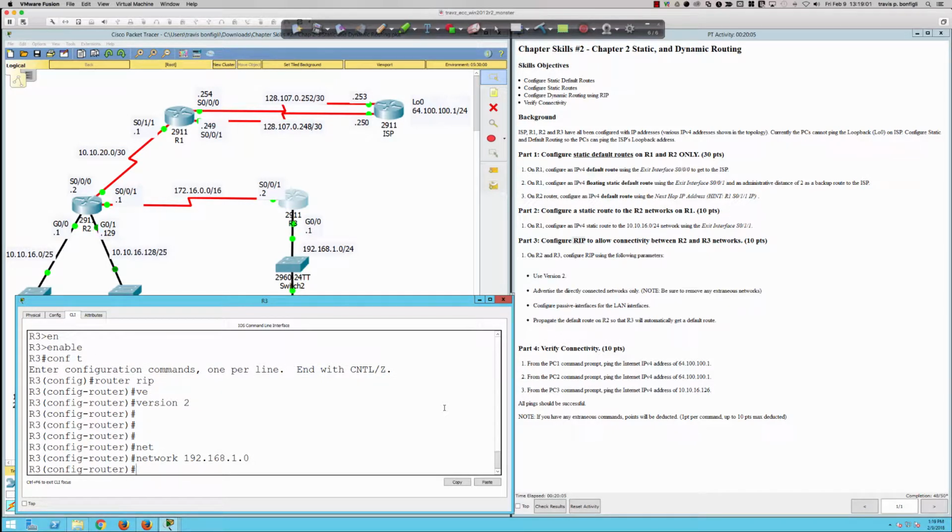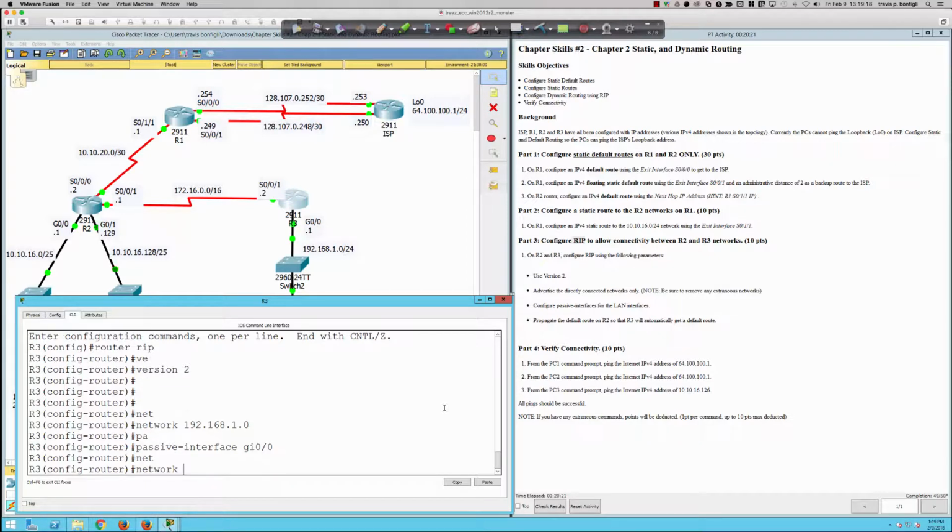We did the version 2 and passive the LAN interfaces. Gigabit 0/0 should be passive. And then propagate, so we should have the default route. The LAN interfaces are 3. Oh, and the last thing, and I almost forgot, very important, forgot the last network statement there, 172.16.0.0, right? And we need that not only to get that last point, but also to make sure that we